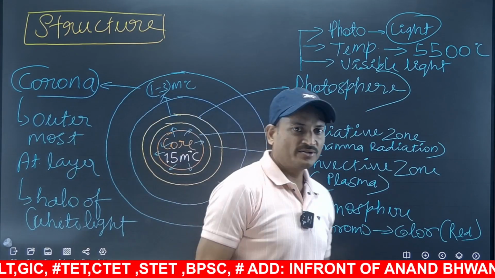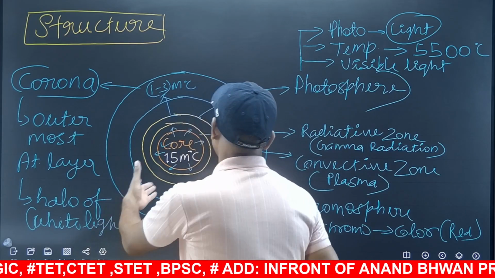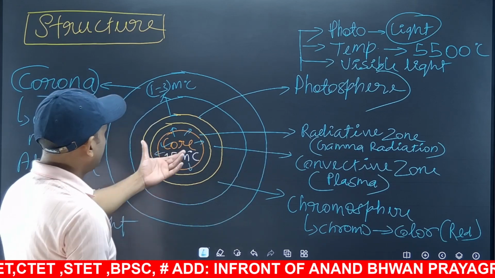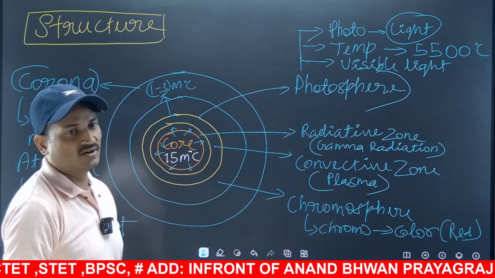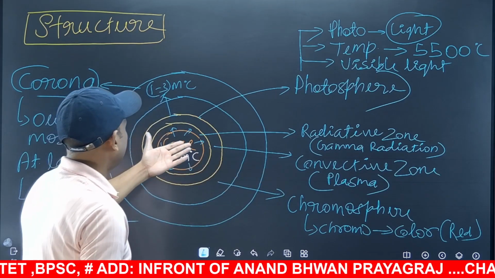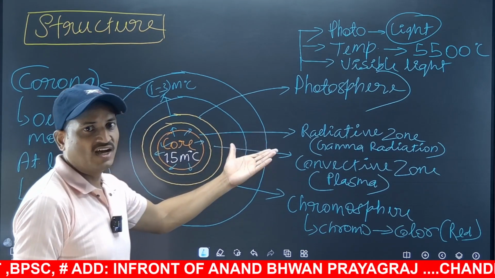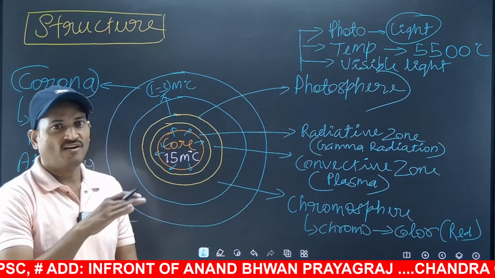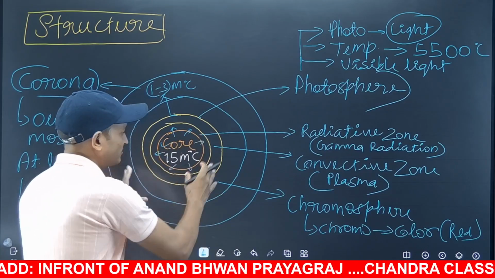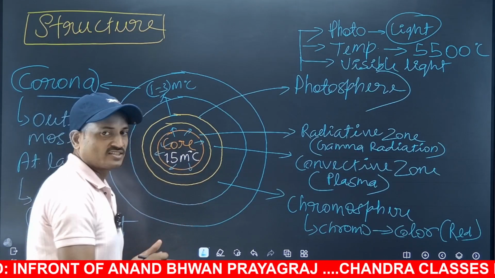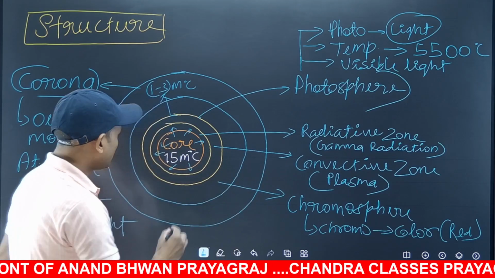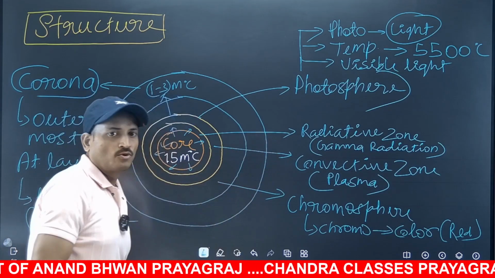So this was all about the structure of the sun, important aspects we saw about the temperature, about the sequence of layers. In exam, they can ask various types of questions from here. They can ask about the sequence of the layer. For example, if they are giving photosphere, chromosphere, corona, then asking you to realign all these layers and find out the suitable option. So they can ask various types of questions from the structure of the sun. That's why it is very important for us to remember the sequence of layers, from the core to the corona.